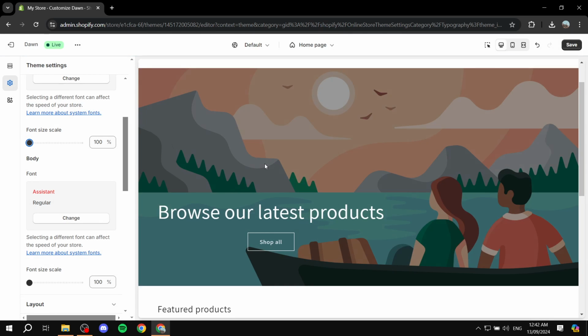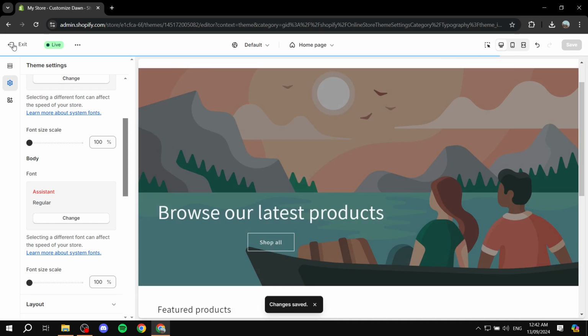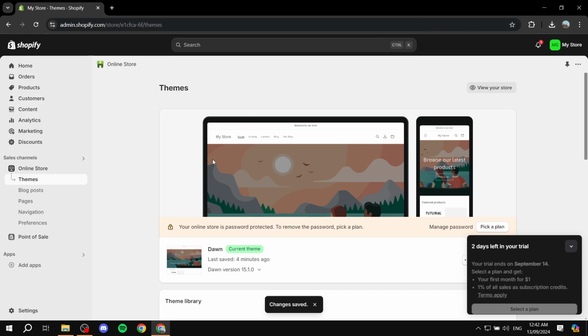So obviously you would want to save on the top right, but yeah, this is pretty much how to actually change the headings size or text size in your